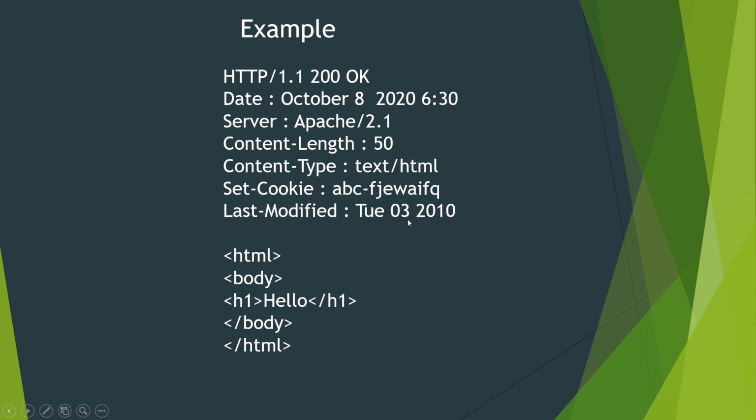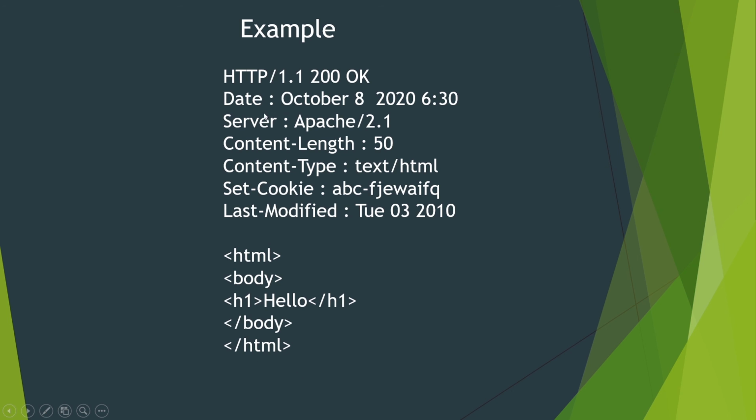And Last-Modified is this date and time, the timestamp indicating that the test.html file was modified on this date, and after that it has not been modified. And this is about the response information, and after one line you will get the actual data, the content in test.html, which is this one.